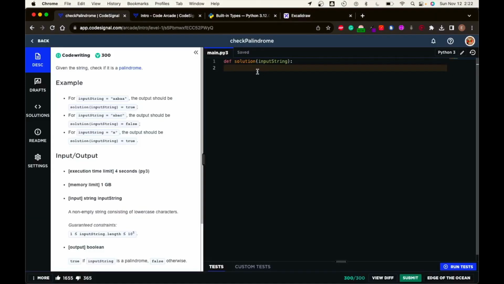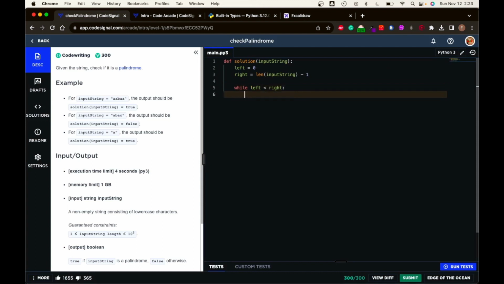So let's go ahead and program up this 2-pointer solution. We'll start with setting our pointers. Left will start at the leftmost index, which is always going to be 0. And right will be at the rightmost, which will always be the length of the string minus 1. Then we can just check while left is less than right. So we don't even need to check if they're equal, because if they're equal, they're always going to have the